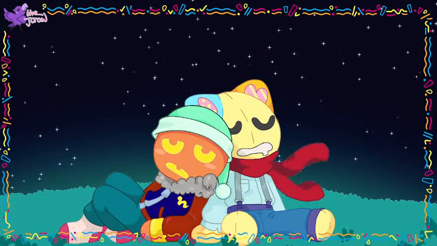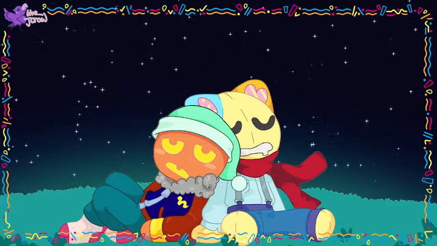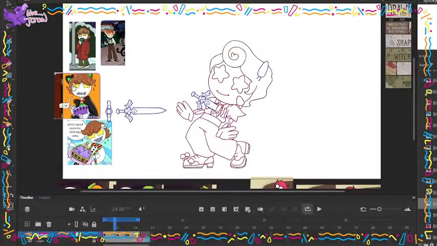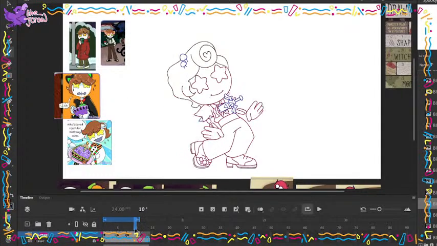3, 2, 1. Canvas reveal. Ta-da! I did the swirly hair. So this is who we're working on today. I got some new people in chat. What we're doing is a spooky dance animation meme for Halloween. Today we're on Mamaki. It's based off the Serpello one, so it's literally just 3 frames.